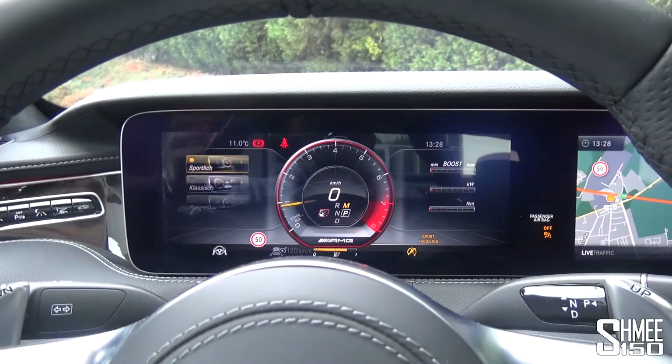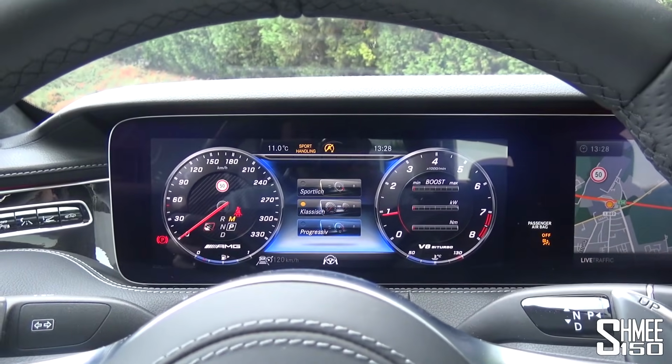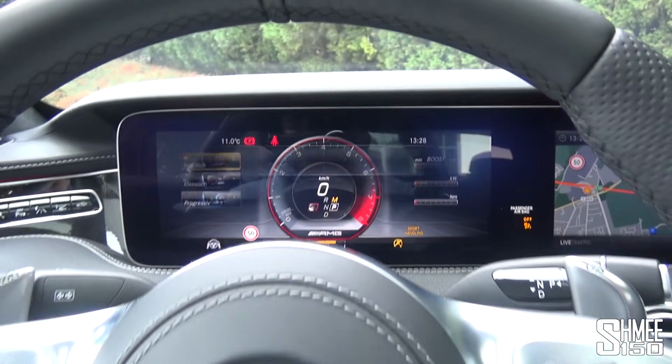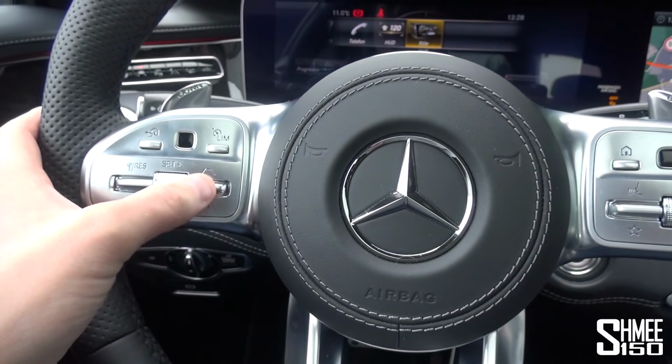And you can even change the whole screen to a completely different view, from sporty to classic to progressive, depending how you'd like it to look. It's all a very, very nice system. And then down here on the left you have your cruise control toggles, the distance to the vehicle in